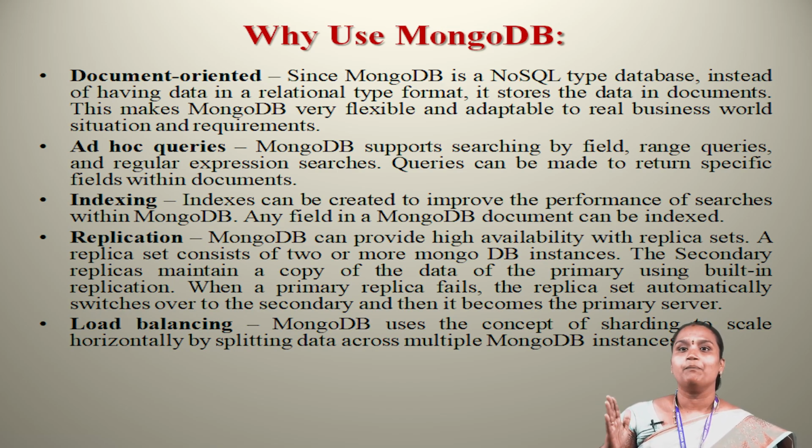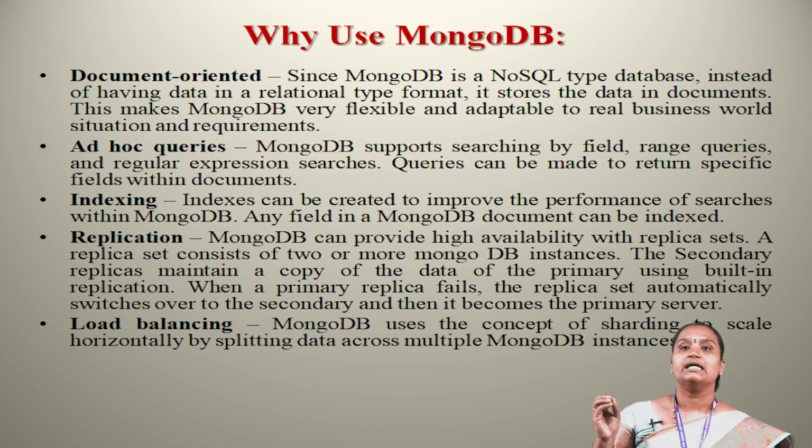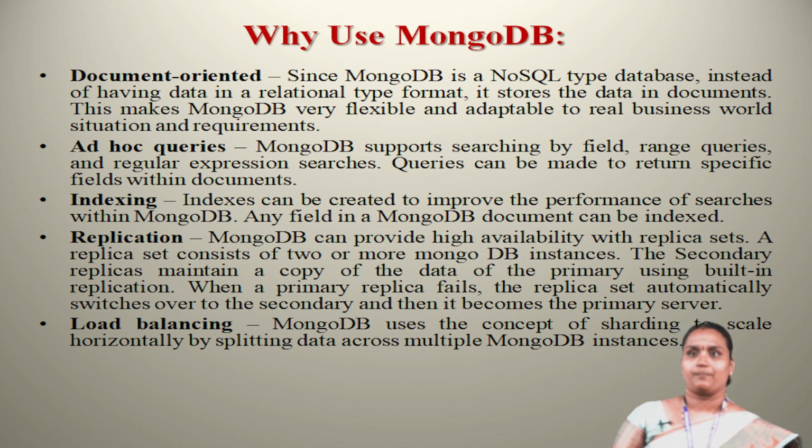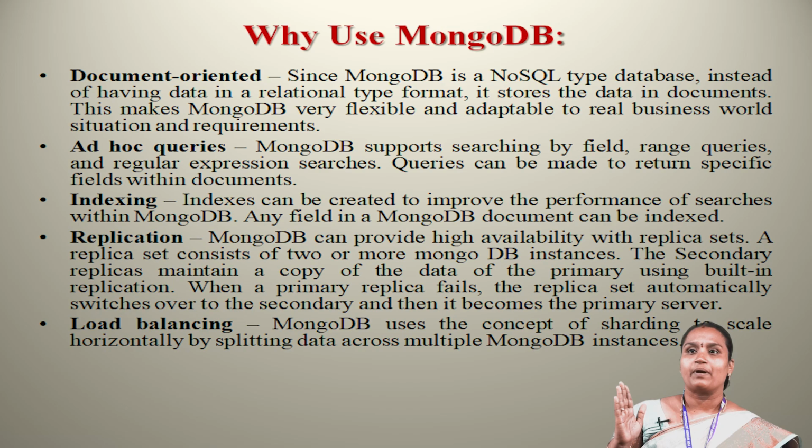The primary replica is the main server, which interacts with the client and performs all the read-write operations. The secondary replicas maintain a copy of the data of the primary using built-in replication. When a primary replica fails, the replica set automatically switches over to a secondary, which then becomes the primary